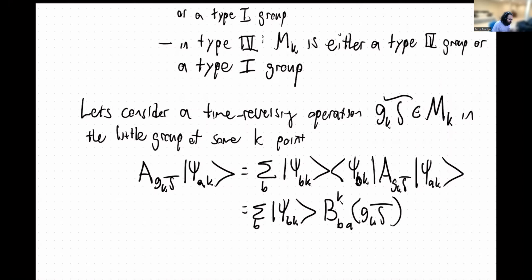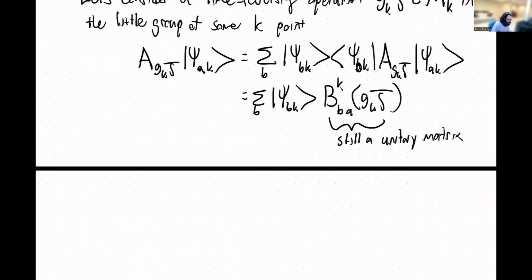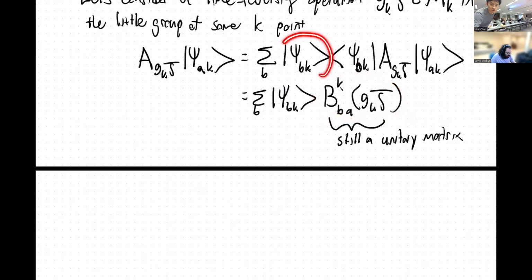And as we remarked on at the end of last lecture, this sewing matrix is still a unitary matrix. So we need to do a little bit more work. The reason we need to do a little bit more work is because this sewing matrix is all well and good for telling us how the symmetry acts on our basis states. But when we take linear combinations of our states, multiplying states by a complex number,